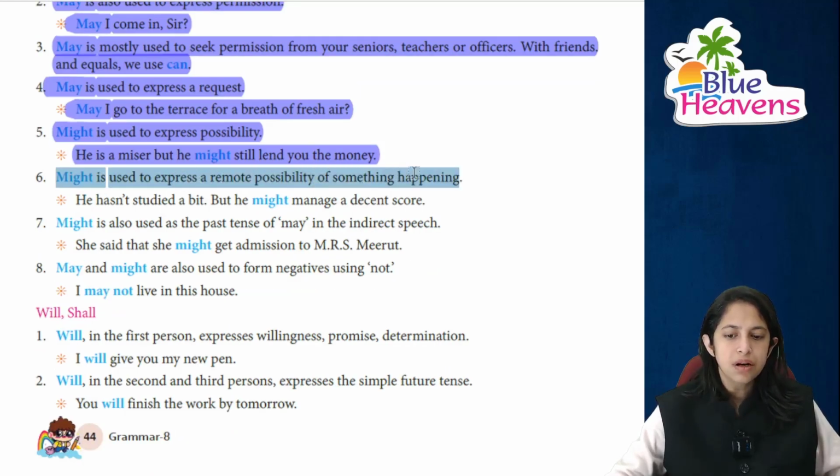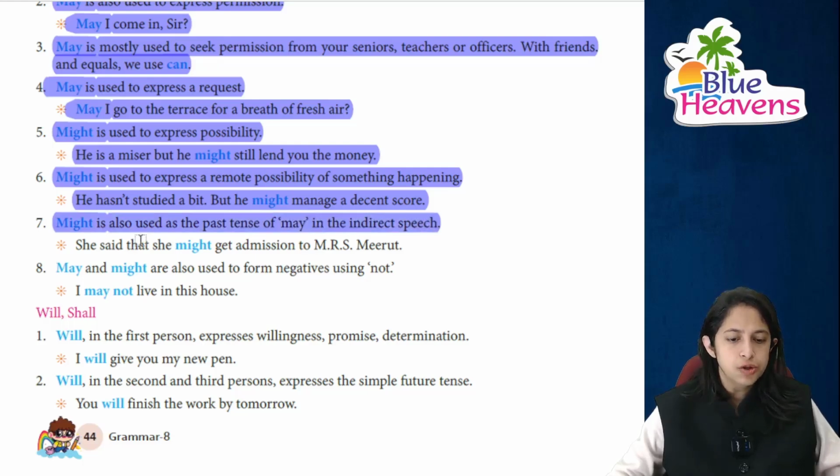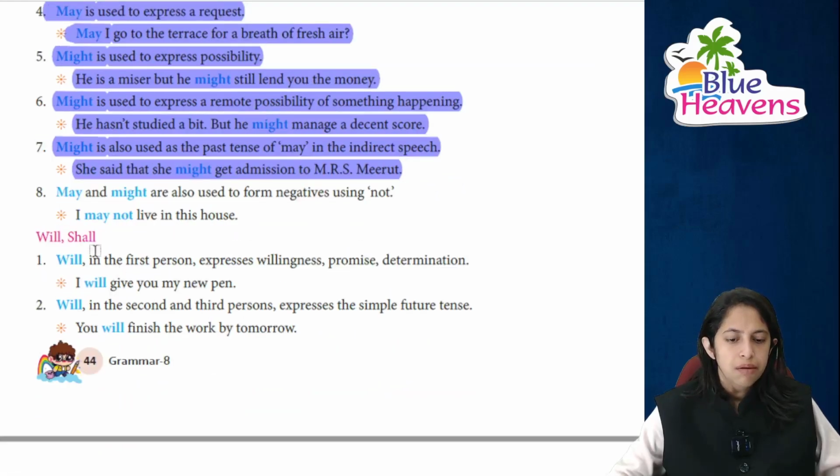Might is used to express a remote possibility of doing something, मतलब something कुछ होने वाला है. He has not studied a bit but he might manage a decent score, उसका आ जाएगा. Might is also used for the past tense of may in indirect speech. She said that she might get admission on the basis of merit. May और might जो होते हैं they are also used to form the negative with not, जैसे कि I may not